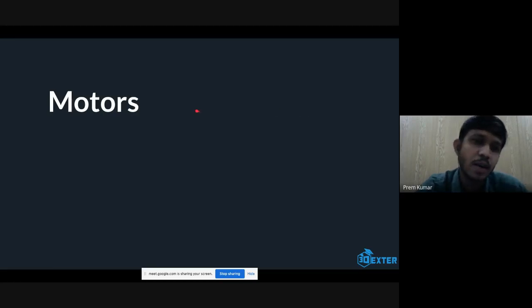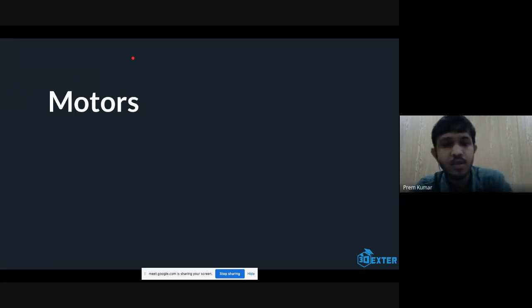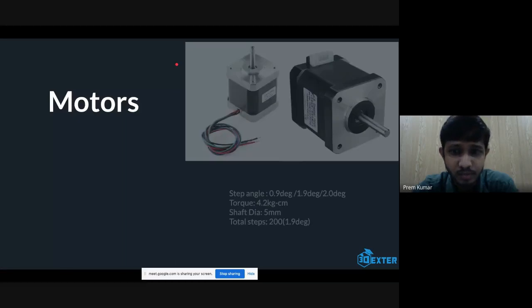So you can't control the angle of rotation of the shaft. But in a 3D printer, we need to control the angle very precisely, so that we can move the hot end very precisely, like 0.2 mm, 0.3 mm. To make this precise movement possible, we use stepper motors in 3D printers.